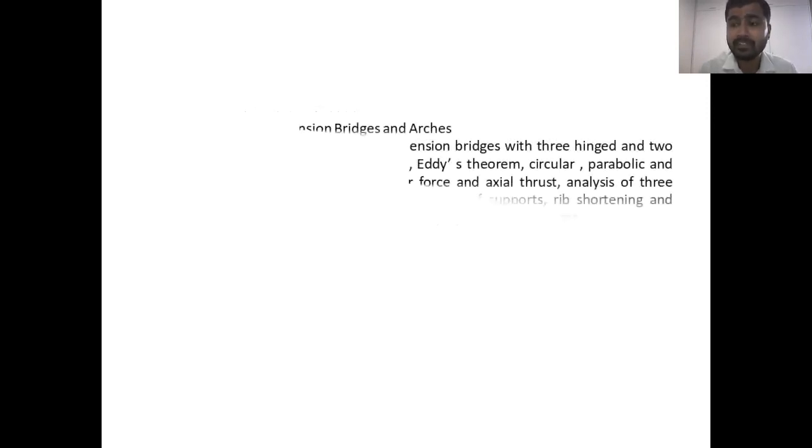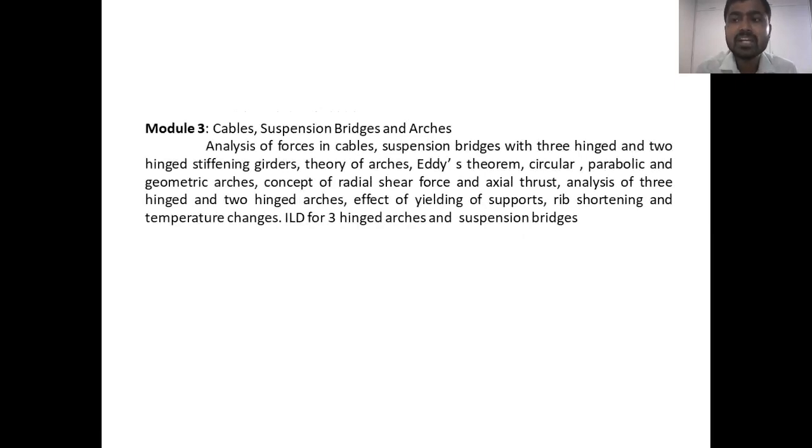Now let us go to our next concept. The next concept has cables, suspension bridges, and arches. We have 3-hinged arches over here. We even have 2-hinged arches, but here we have only 3-hinged arches. We are also going to talk about cables. What are the different types of cables? The best example is in our Nagpur, the Ram Setu bridge, which you can see near the railway station. There we have what we call a cable-stayed bridge. How does it work? What forces come into play with cables?